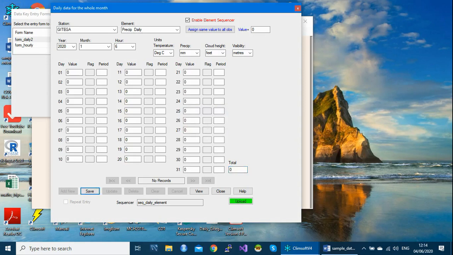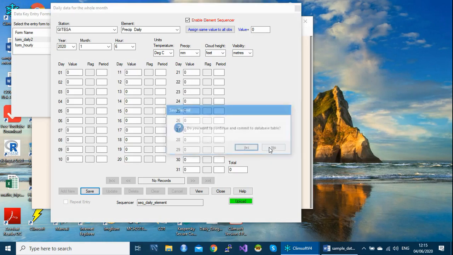You need to save. Yes. So what you are going to see is when you save, it will go to the next month. Once you click on save, are you sure you want to save? Yes.